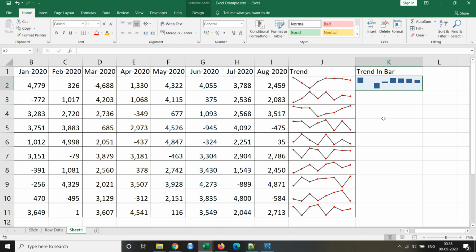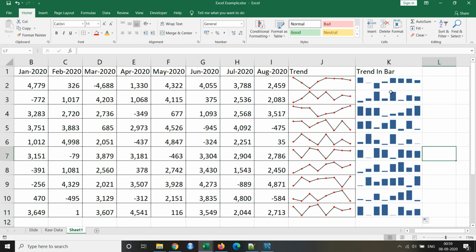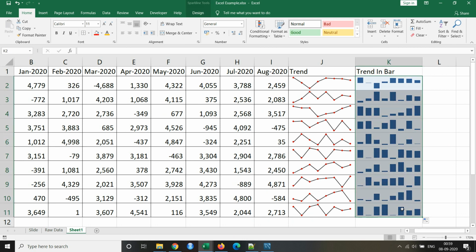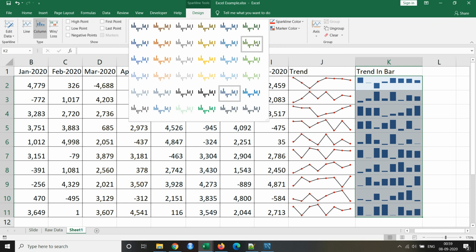Now if I want to put this same column chart for all this range, I have to either drag it or select the range and then press Ctrl D. So in this range I have this chart. Now what if I want to change the design? I need to go to Design first, then the same thing, I can select multiple colors here.